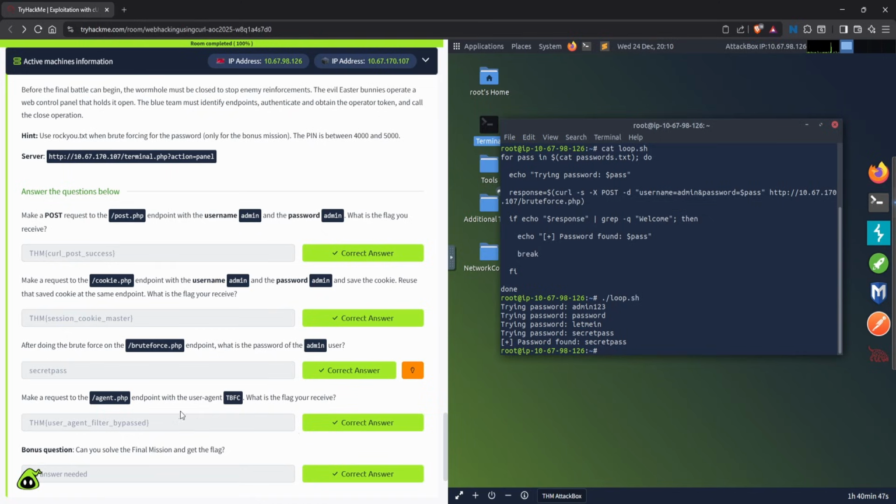All right, so next we're going to bypass the user agent checks. We're going to make a request to the agent.php endpoint using the user agent tbfc. So to do this, we're going to do curl -A, and we're going to specify in here tbfc. Then we're going to do the IP address or the website http